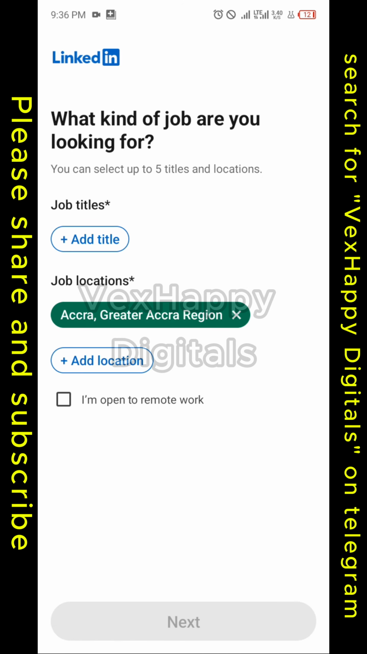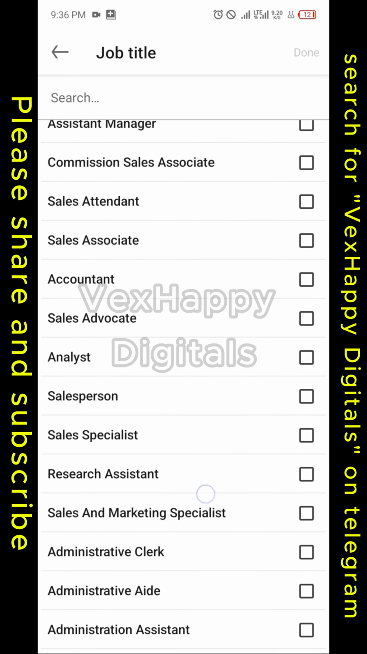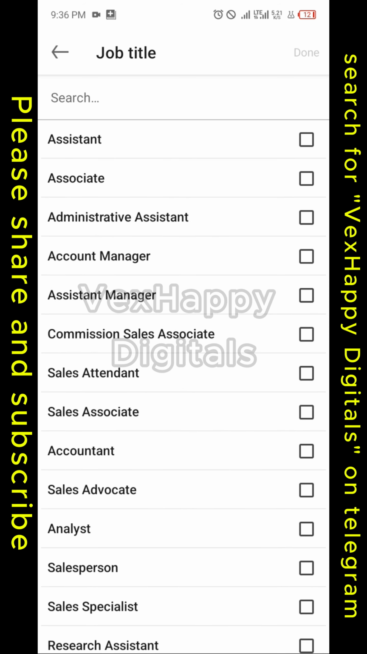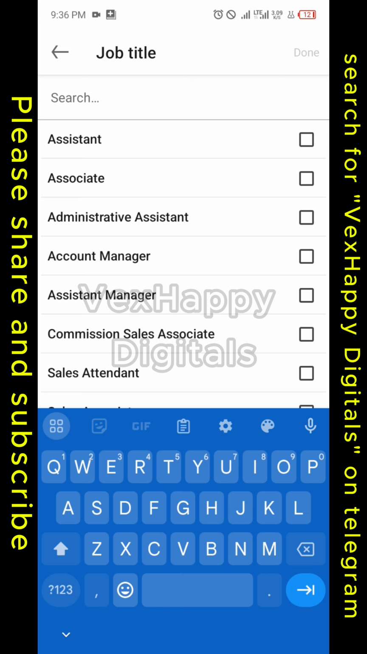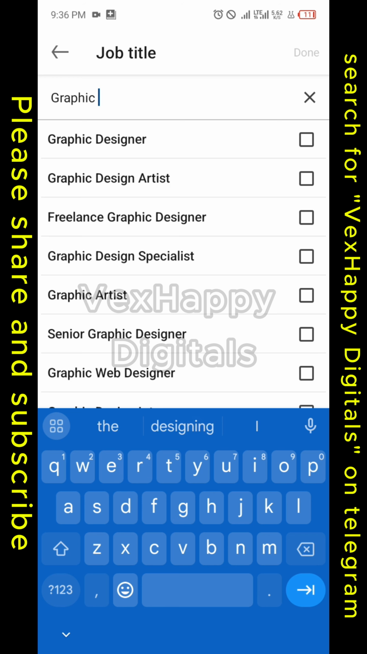Okay, so what kind of job are you looking for, and the job locations? Okay, so let's go to add title. Okay, so when it comes to add title, we're having lots of them here: assistant, associate, administrative assistant, account manager, assistant manager, whatever. So let me see. Okay, I'm an IT student, maybe I can do graphic design. Okay, so graphic design is here, so I'll select graphic design. Is there any other job I want to look for? I want them to hire me for